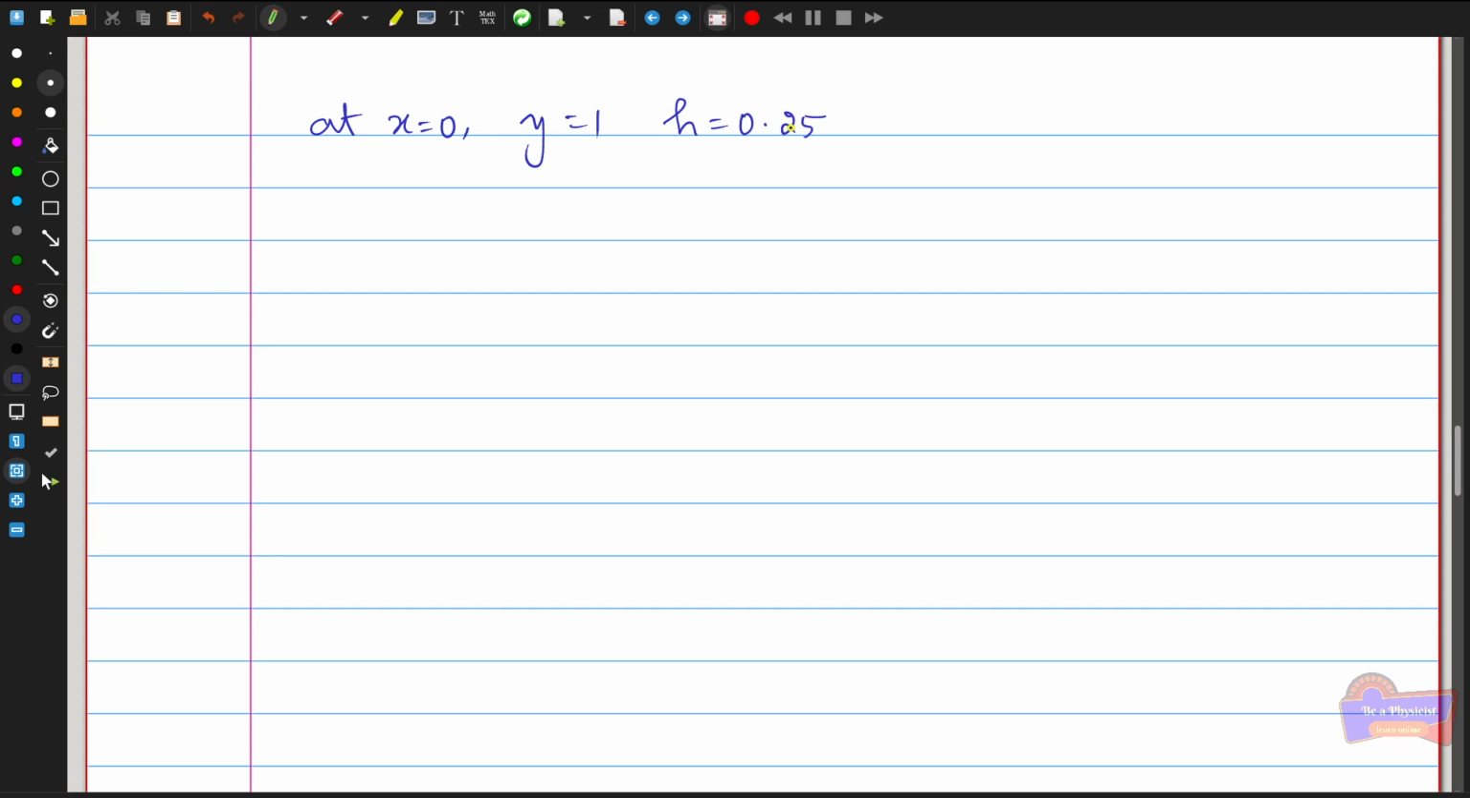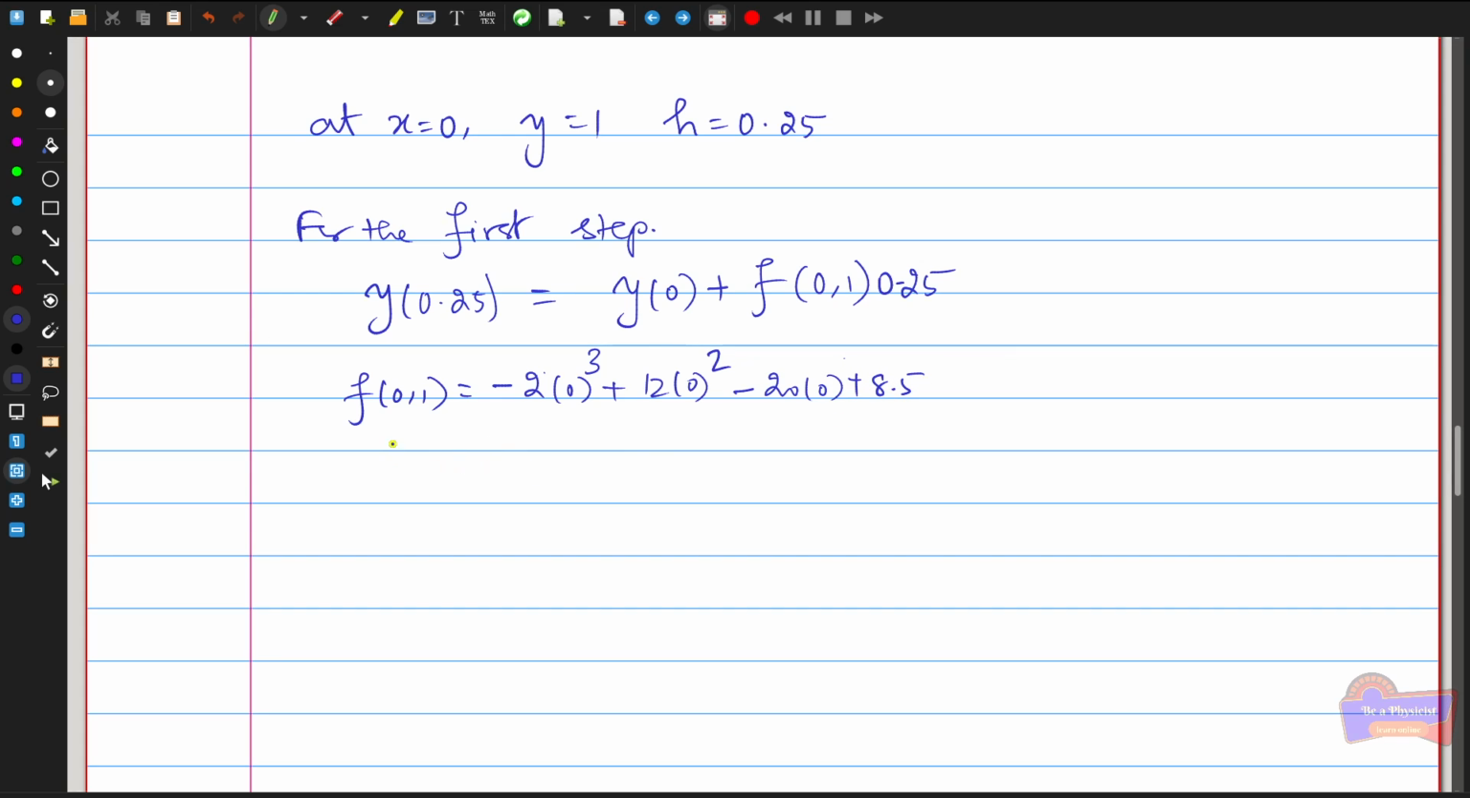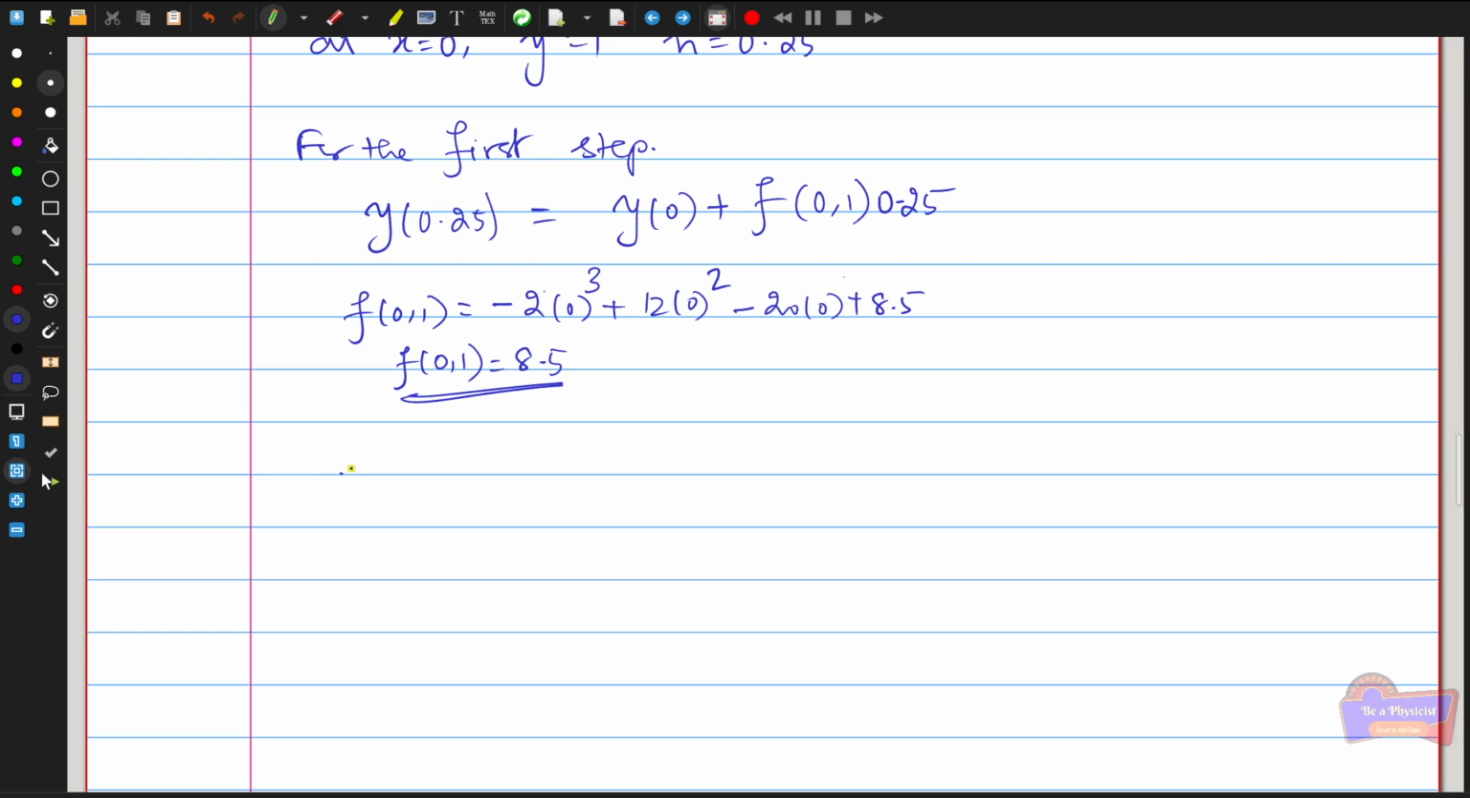For the first step, you have to repeat the same calculation, just changing the value to h equal to 0.25. So the first value, y of 0.25, can be written as y of 0 plus the function f of 0, 1 with the time step of 0.25. We already found f of 0, 1, which is 2 times x cubed plus 12 times x squared minus 20 times x plus 8.5, evaluated at 0, so f of 0, 1 is equal to 8.5. Just substituting this into the equation,